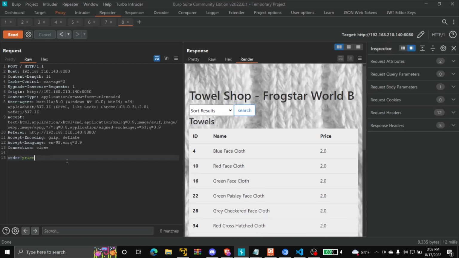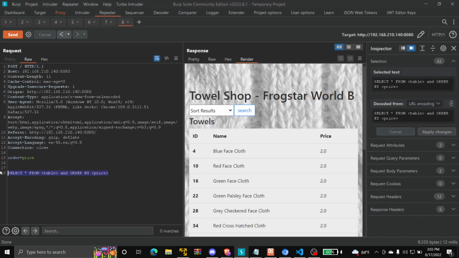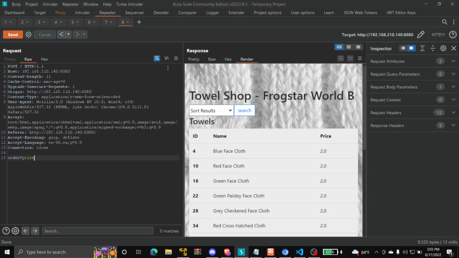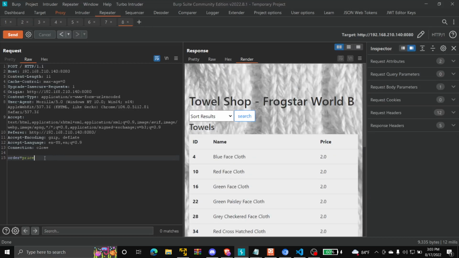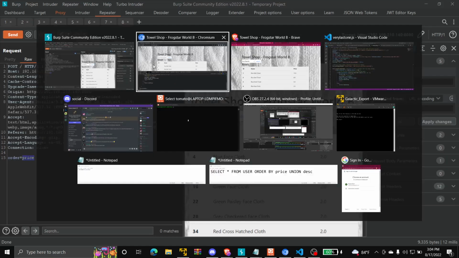So we can now imagine that the query might be something like SELECT everything from the table name ORDER BY price, and we can control that price. So we can now move towards exploring this SQL injection. Obviously the different UNION and other SQL injection types don't work here. So how can we exploit this vulnerability? By using something called